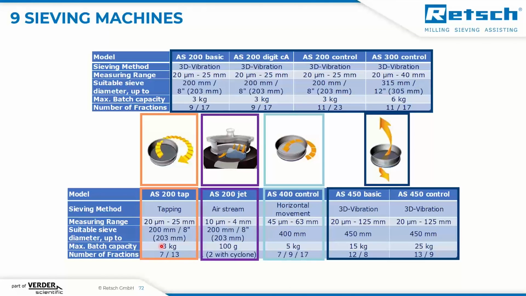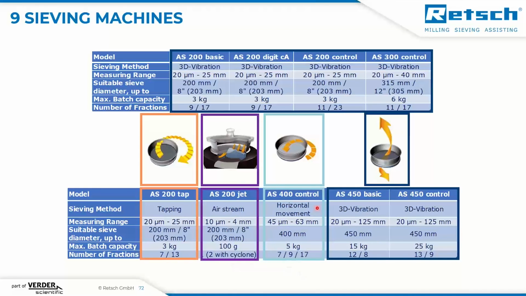So we have in our portfolio 9 sieving machines, and they can be grouped by the mode of sieving. The most common one is the 3D vibration sieving, as in the AS200 series, the AS300 control, or the largest system, AS450 basic and control. We also offer a machine for tap sieving or airstream jet sieving, and one machine for horizontal movement of the